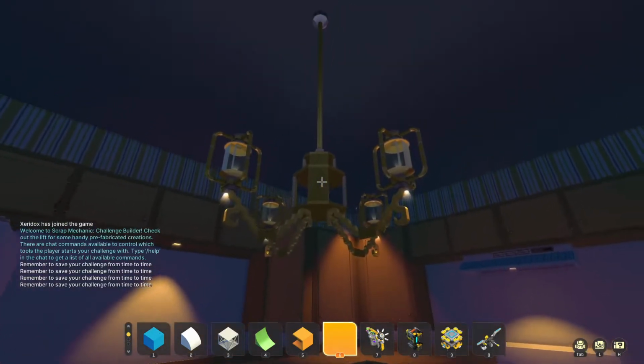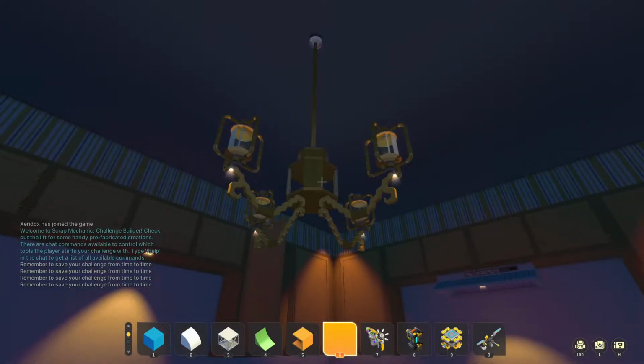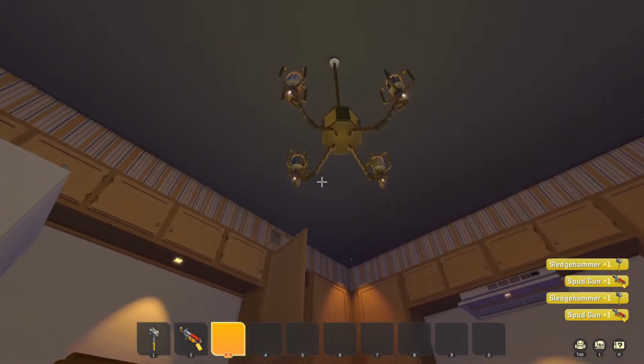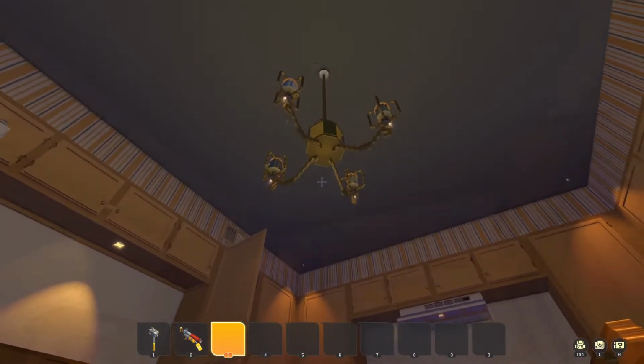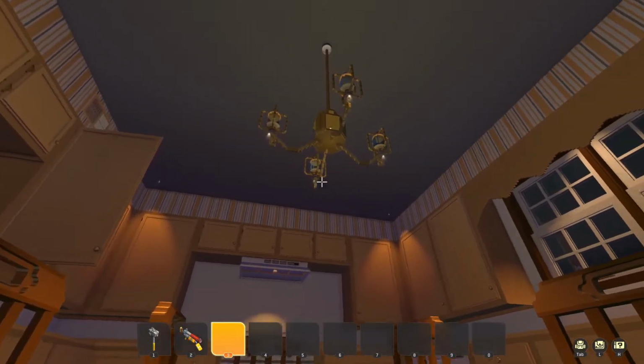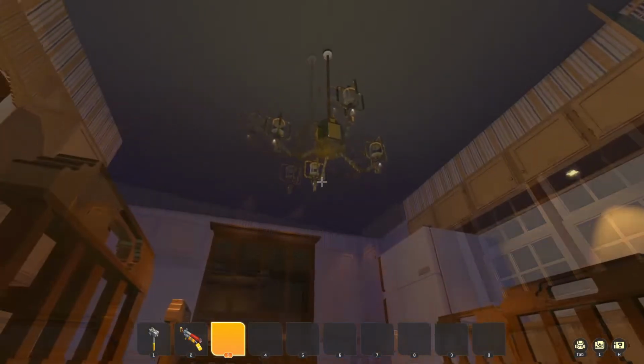Alright, now let's go back into the play mode and see what this looks like. Okay, so back in the game now. Let's take a look at that. Oh yeah, very nice. This has been the giant chandelier hanging here in the giant kitchen, in this giant house,